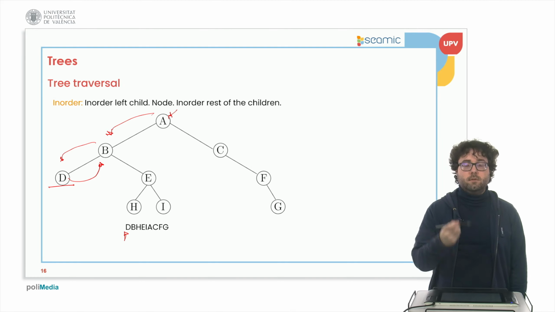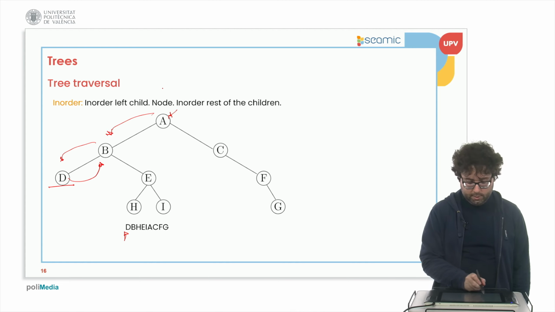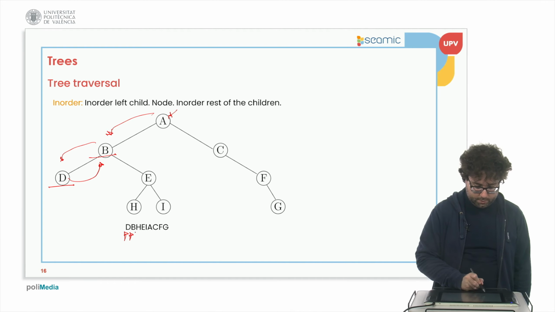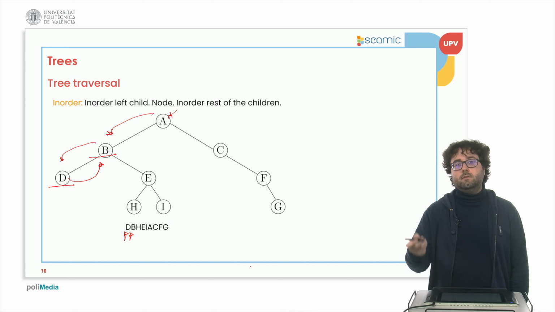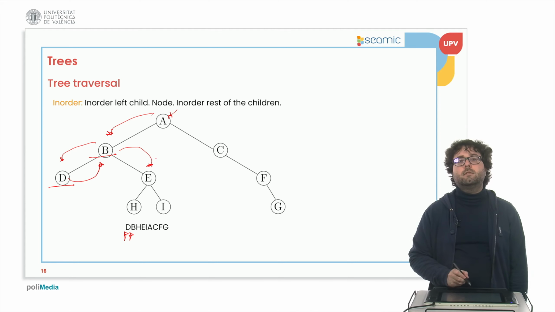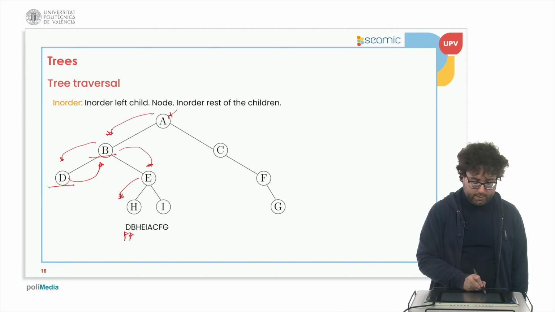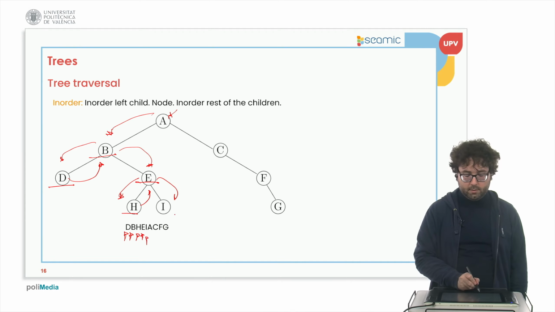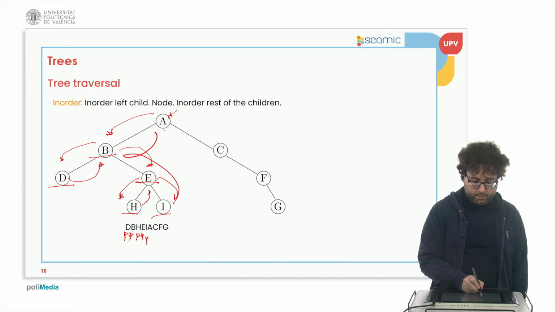After going back up, the next step is visiting the node. So now we visit the node B and start the recursion with the following child. In this case is this one, and once more left child, since it's a leaf, we visit it. Up, we visit the node, and the last one, I, we visit it and start going back up. Up, we visit A and